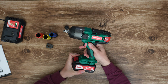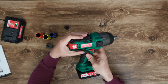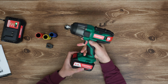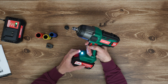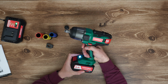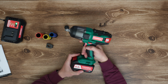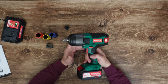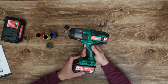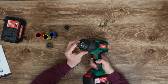Left and right rotation, comfortable soft elements around, comfortable grip, with work LED light, the trigger, soft elements, adjustable speed from 0 to 2000 RPM, impact frequencies from 0 to 3000 IPM, and maximum torque 350 Nm. Soft elements here, chuck size 13mm,